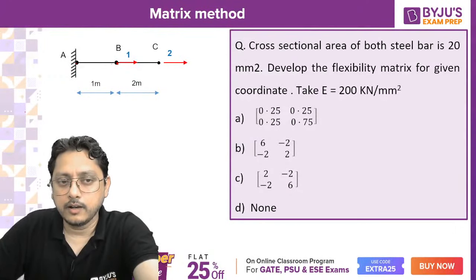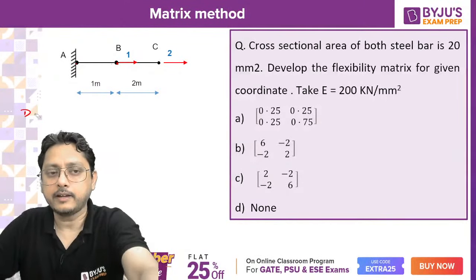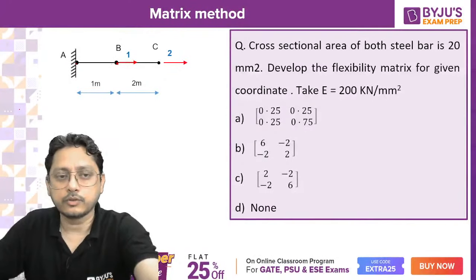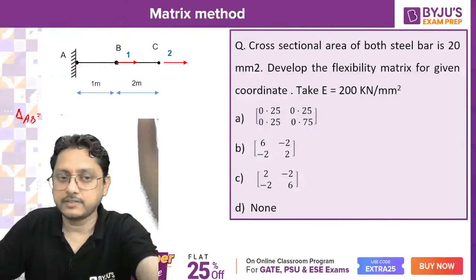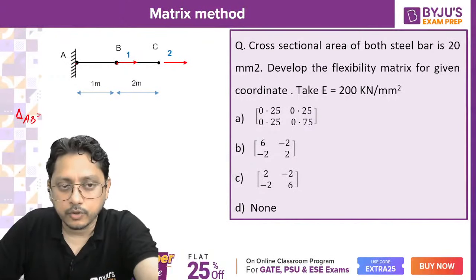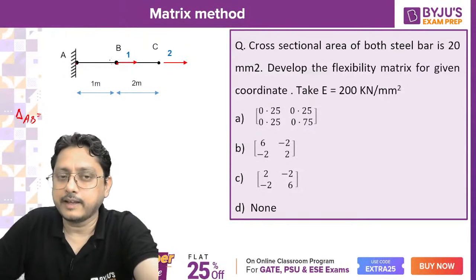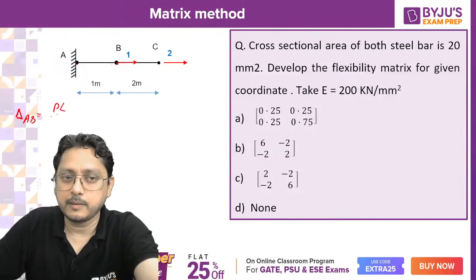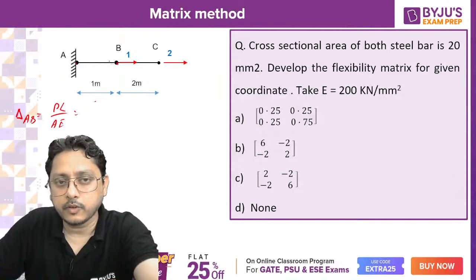So let's find out the deflection of AB, or delta of AB, due to the unit load which I'm going to apply. So delta of AB is simply what I'm identifying when I'm applying the load at B itself. So what will be the deflection at B? Delta is nothing but PL by AE, isn't it? PL by AE. And P, if I'm applying 1, and the length of the beam is 1,